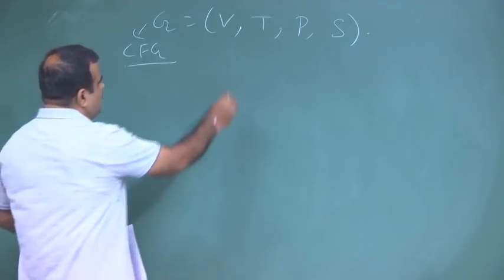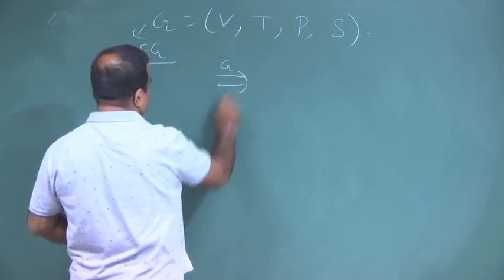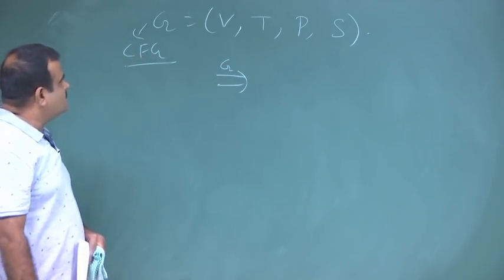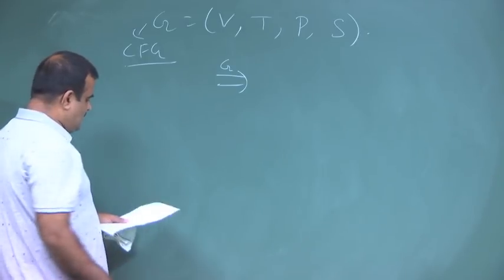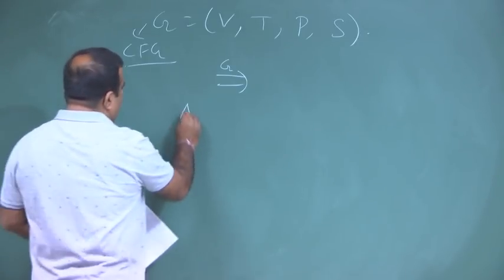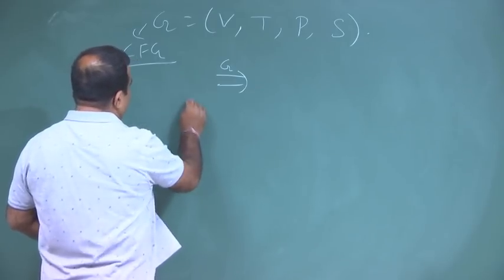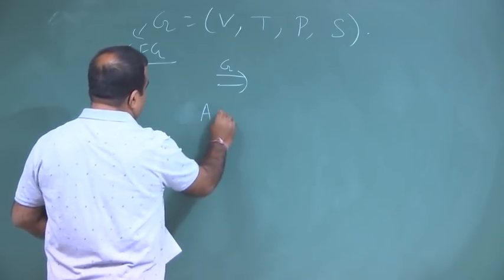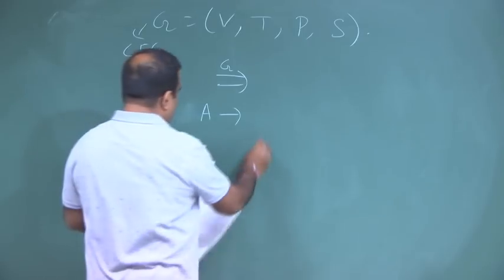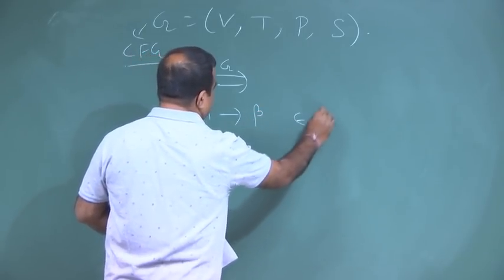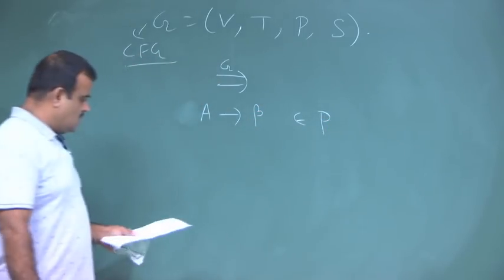We already have the derivation symbol. Derivation means that if there is a rule in P, suppose A goes to beta,